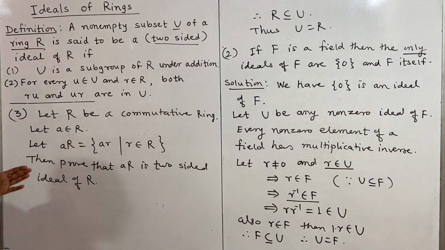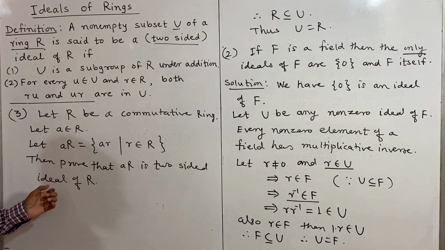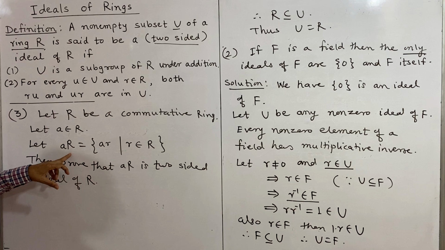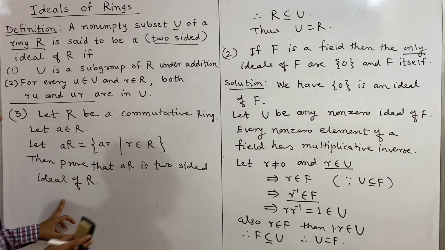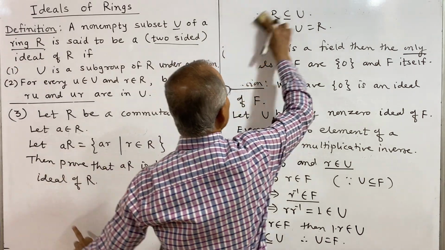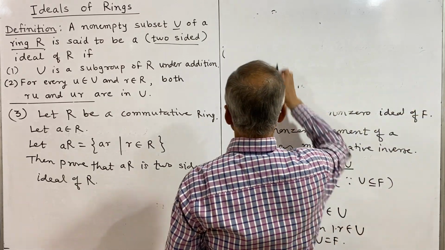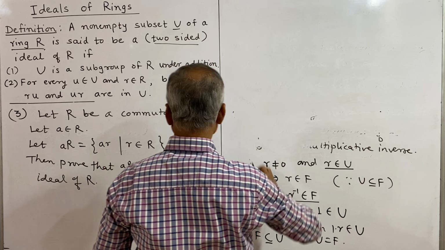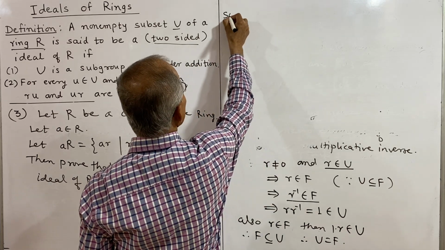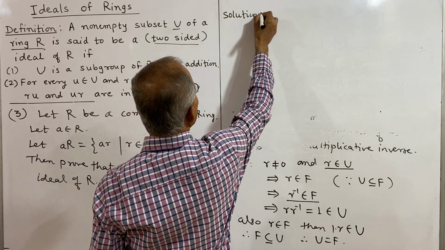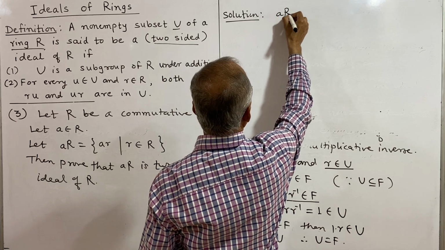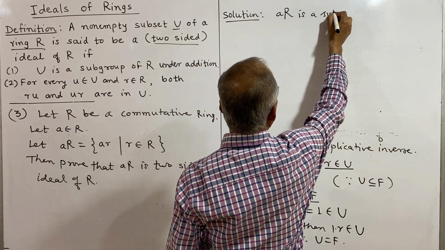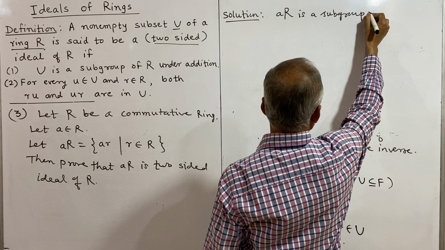Now that is similar to the earlier example that we have considered, rM, where M is fixed. Here what is fixed? a is fixed, and therefore aR will be an ideal. See, it is easy. First is subgroup. We have to prove that aR is a subgroup under addition. See, the solution for this: aR is a subgroup under addition,